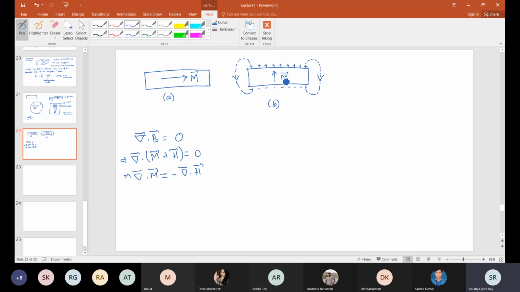Which means that if something is going out, it has to come back. Equal and opposite divergence.